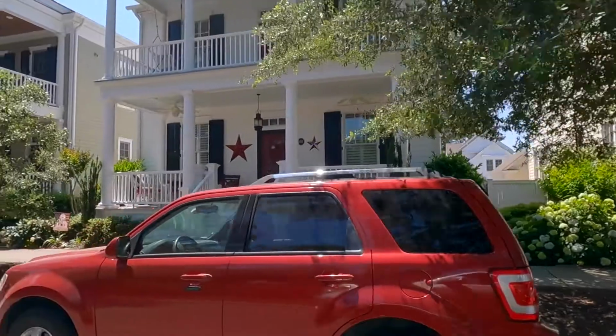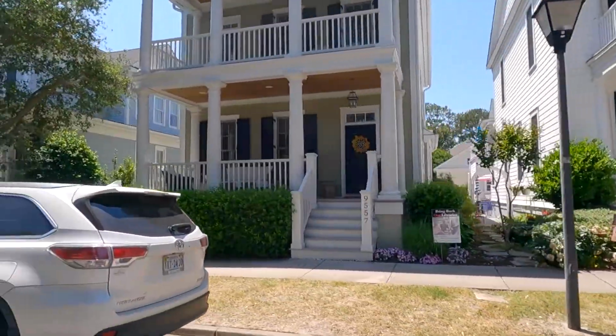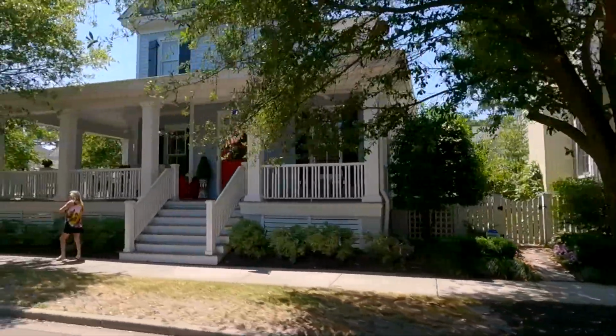One of the downsides, I think, is that if you're used to Midwest living, or living on a half an acre or a quarter of an acre or even an acre or more, you're just not going to get that here. The homes are tighter together. The green space is more shared than individualized, and it's planned out that way to make it a very highly walkable neighborhood. As we were driving around, there were people out with dogs, people on bikes, people on golf